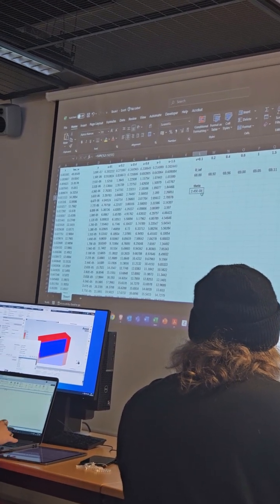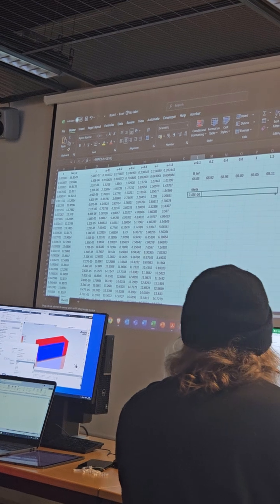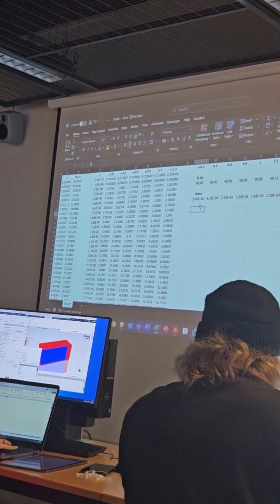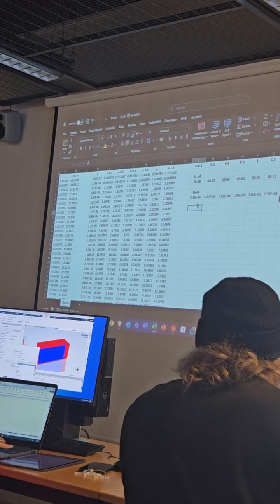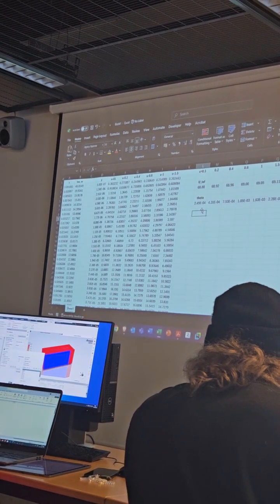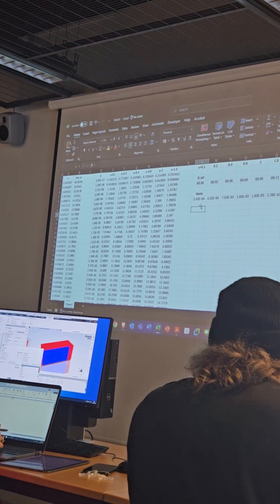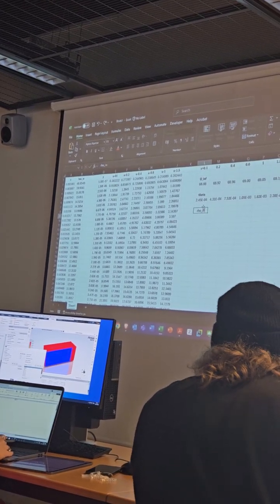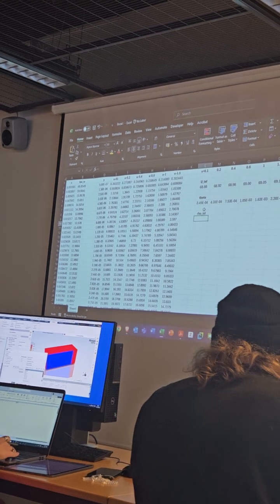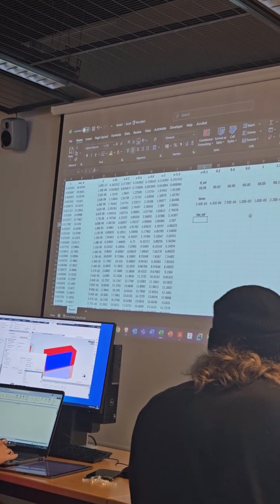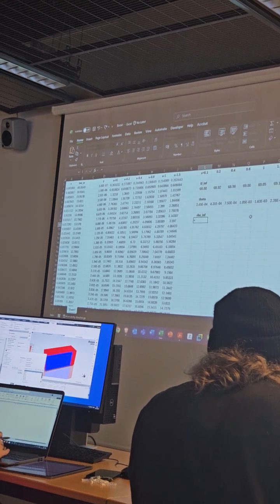For each x, I calculate theta as the sum of the respective column. And then once I have this, let's also write here the rho infinite value. This is a constant for each line, but let's still write